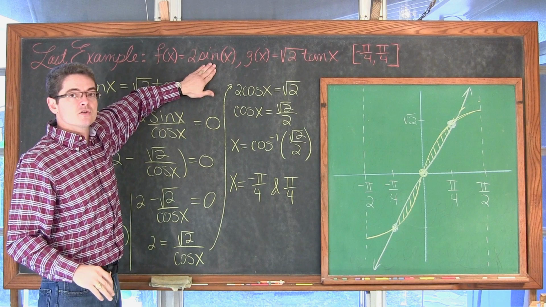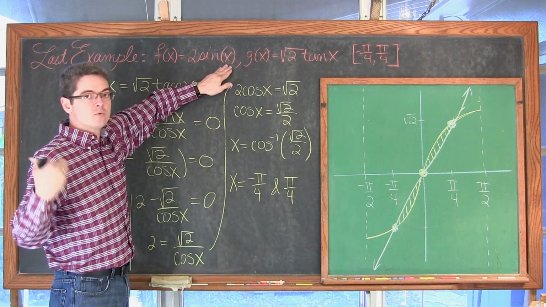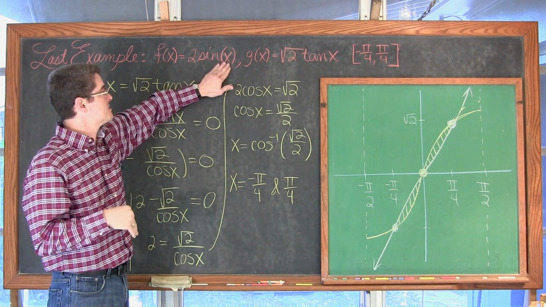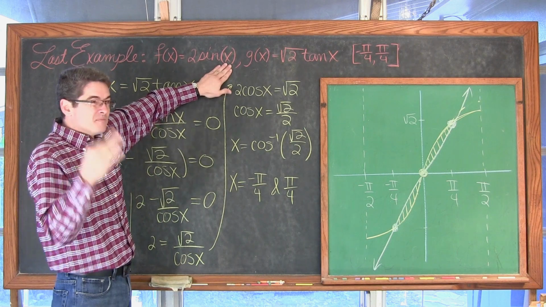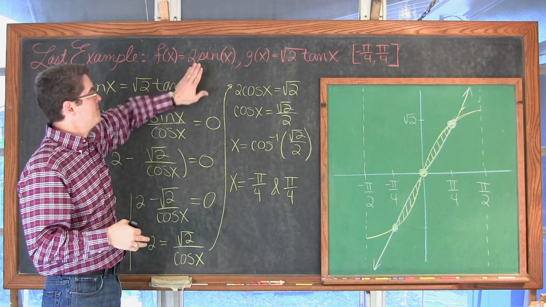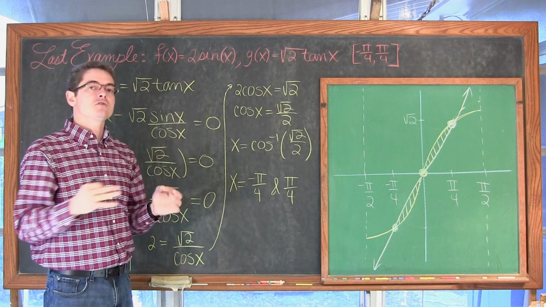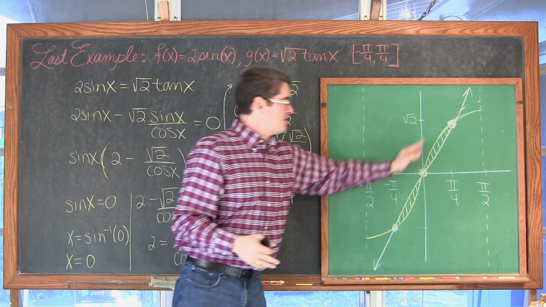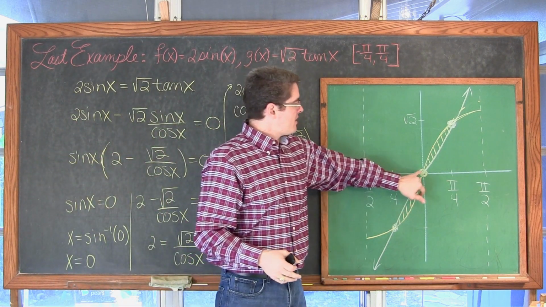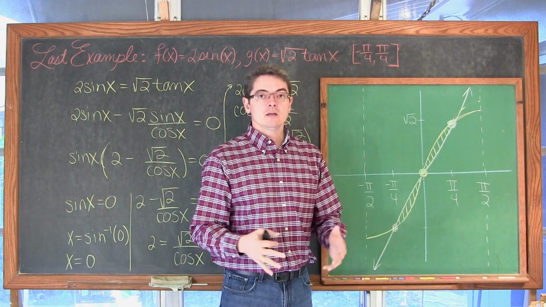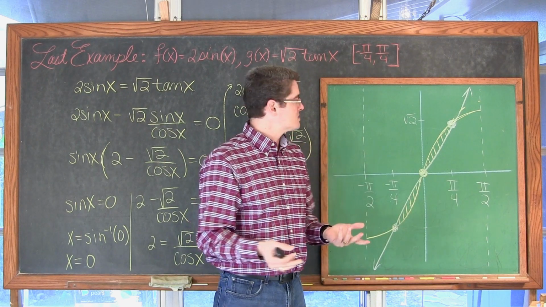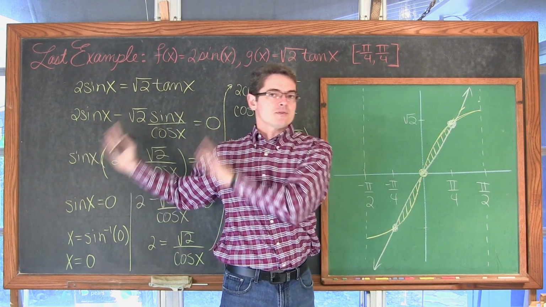Well, the sine function, again, barring any issues with phase shifts or vertical shifts, is still centered around the origin, if you will, except for that amplitude change. It's an odd function as well. So since both of these are odd functions, we can find just one of these areas and multiply it by 2. So as I get all this cleaned up, I'm going to set up a definite integral from 0 to pi over 4,